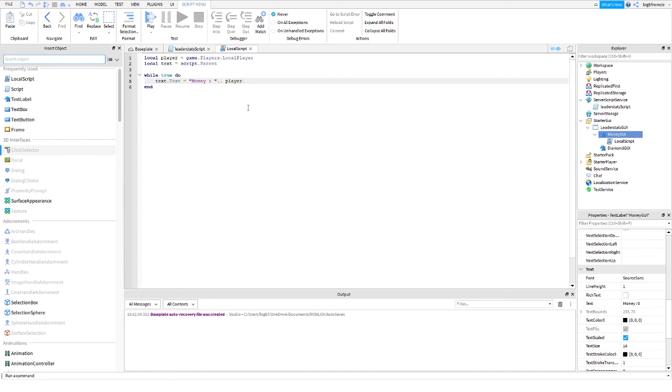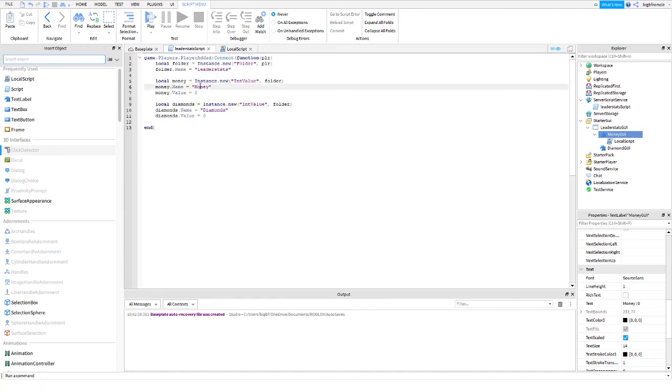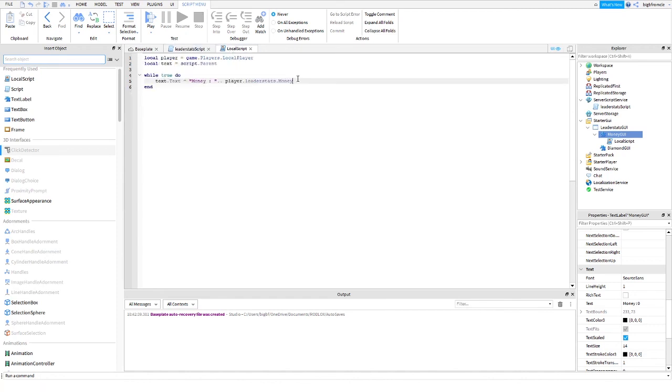I don't think it likes that. Okay, player.leaderstats.money, or whatever you named it right over here. So I named it money.Value,